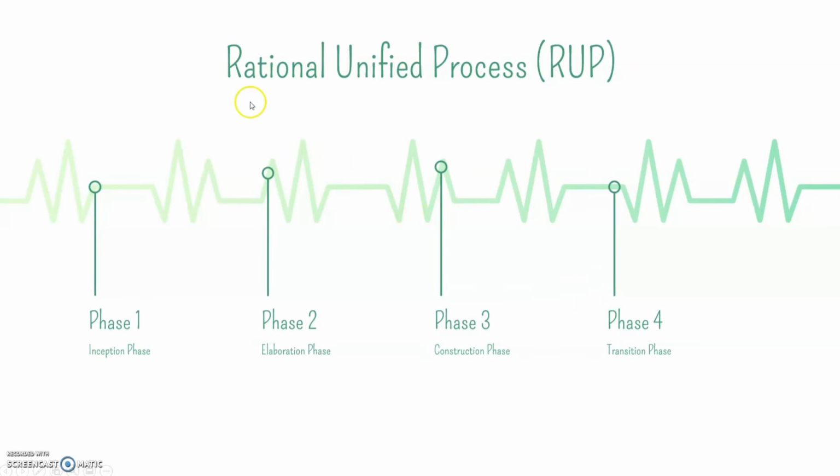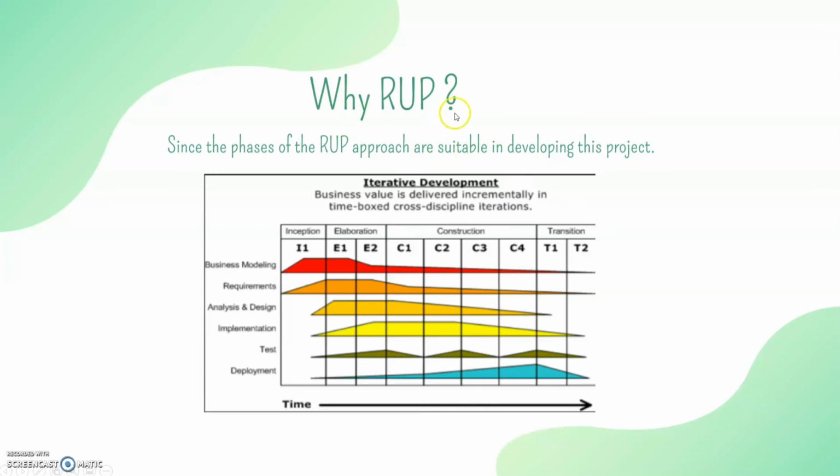So let's move on to the methodology. The methodology used is the Rational Unified Process, which has 4 phases: inception phase, elaboration phase, construction phase, and transition phase. So why did we choose RUP? Since the phases of the RUP approach are suitable in developing this project. As we can see from this